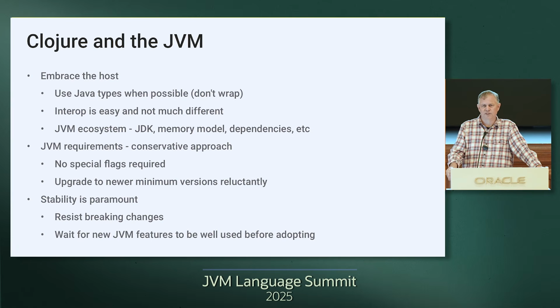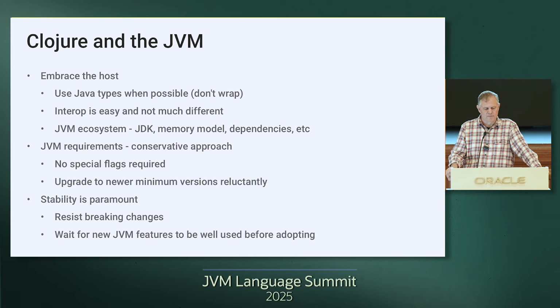We really leverage the JVM ecosystem, so we leverage all the work that you are doing in the JDK. Our goal is not to wrap all that and make Clojure versions of that, but to make interop easy and to call those things directly. And we leverage obviously the JVM ecosystem, all the libraries and Maven and all of those kinds of things.